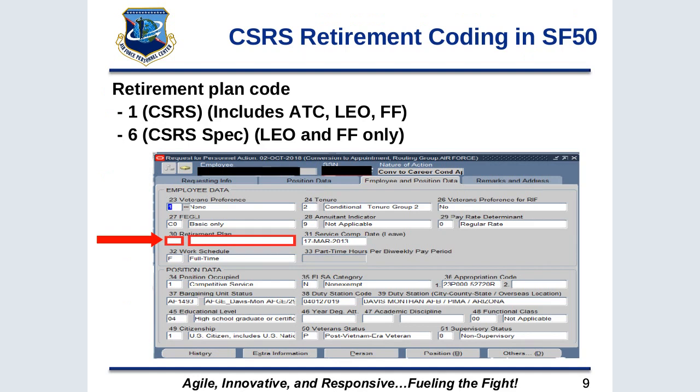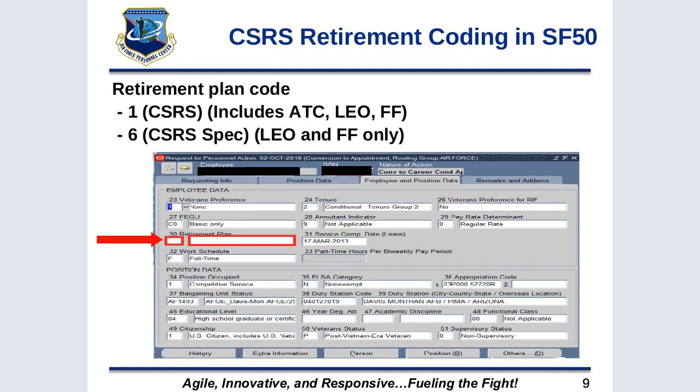The CSRS retirement plan code, the 1, which is CSRS, and then you have code 6, which is CSRS special for your law enforcement officers and firefighters. Just a reminder that in Block 30 on the SF50, air traffic controllers, your law enforcement officers, and firefighters have an age limitation. Also, that firefighters and law enforcement officers have a transfer requirement from primary to secondary positions based